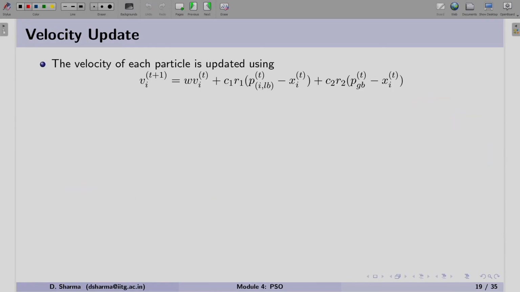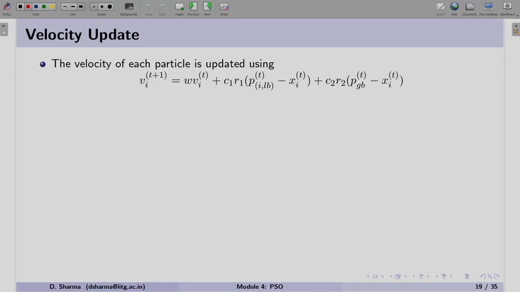Once we have calculated the local best and the global best, now we have to update the velocity. This velocity, as we have understood earlier, includes 3 components. Now, let us see how we can calculate this velocity. As of now, we are assuming that omega is 0.75, constant C1 is 1.5 and C2 is 2. These are the 3 inputs we have to give to PSO to start with.